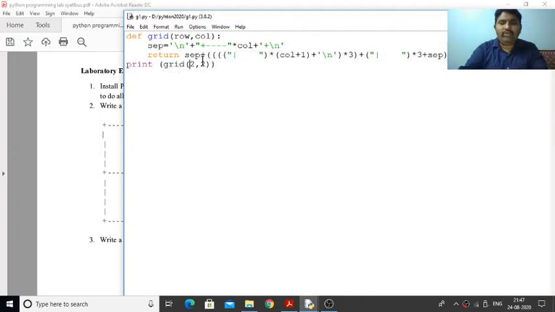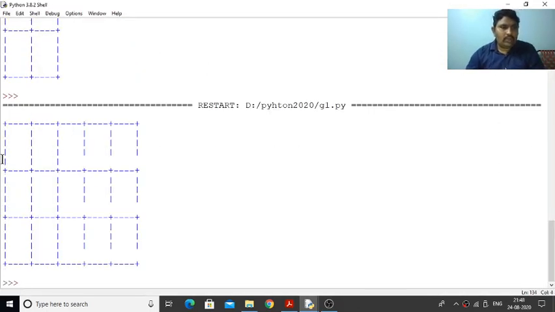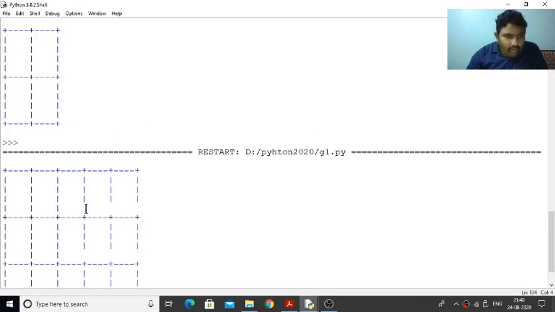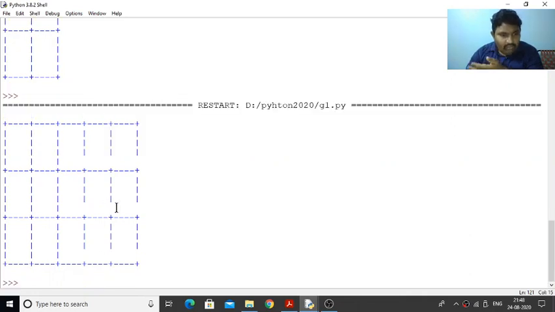For example, now if I specify 3 comma 5, then that particular grid will be automatically formed. So see this, that much of a grid is automatically formed. Here what happens is that these braces are missing, so depending upon that we need to change some things.